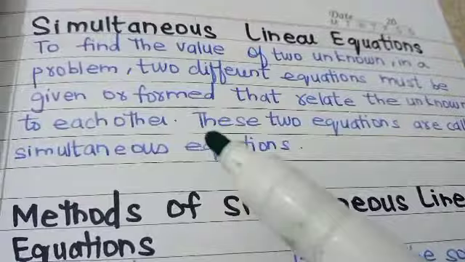We are starting with a new topic, which is simultaneous linear equation. Page number is 114. Yes, the chapter is same, unit 6 we are doing, and we will continue with this unit, which is on page number 114, but the topic is new. So now let's look at it.